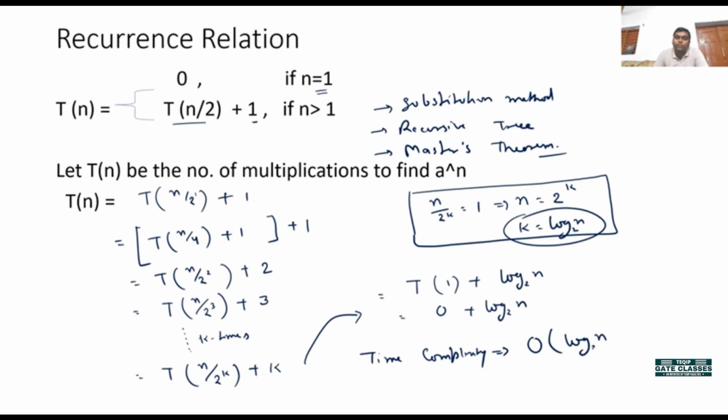So it is very much evident that this approach is quite efficient as compared to the previous one, that is, solving the power of an element without divide and conquer takes order of n time, whereas solving the power of an element with the divide and conquer approach takes order of log n time. So you know very well that log n time is quite lower as compared to linear, that is order of n. So this is a better algorithm as compared to the previous one.